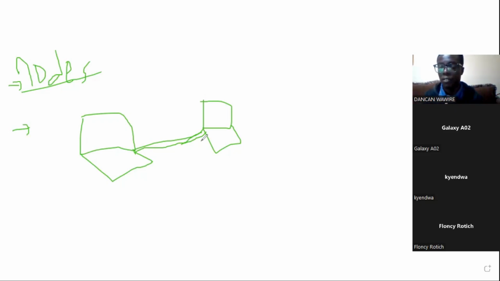Now computer networks have types. We have different types of network, and the type will depend on distance, the number of devices, and security. So a type of computer network depends on those three: how secure you want it to be, how close the computers are, and of course the purpose, the reason as to why you want to do that. Nitakava hizo computer network types